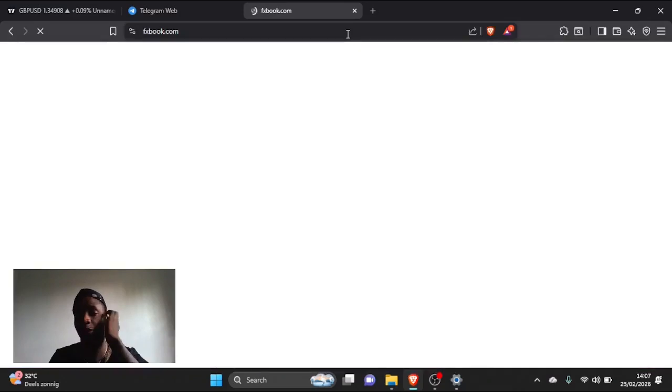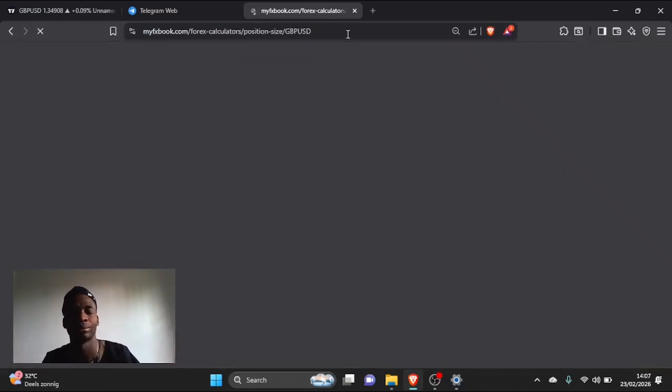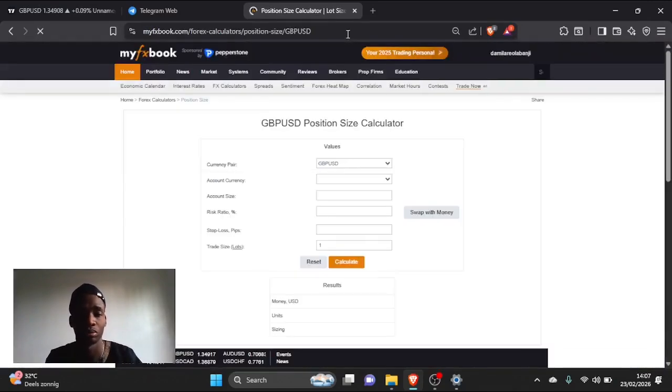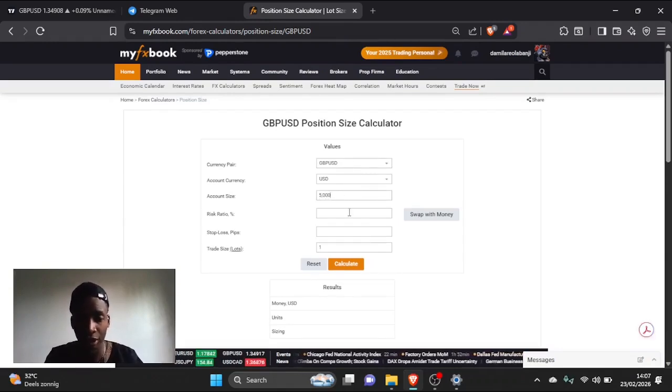Right, we are trading GBPUSD. The account size is $5,000. I'm risking 1%, and my stop loss pips is